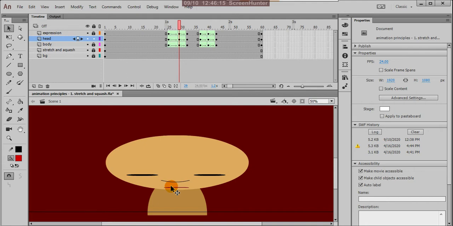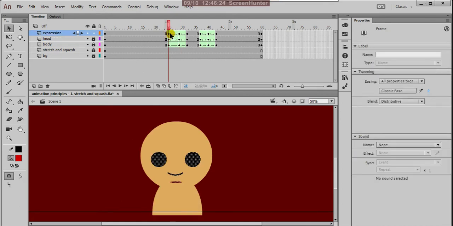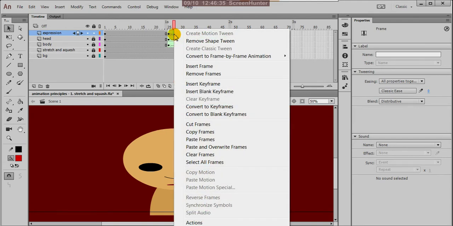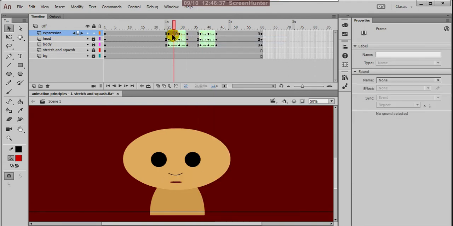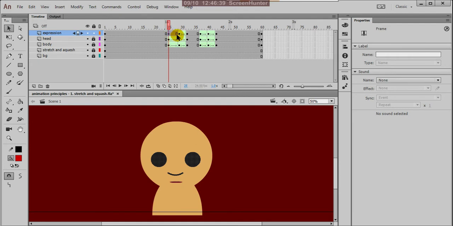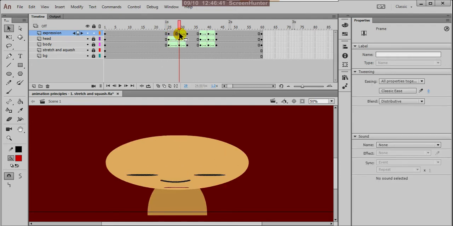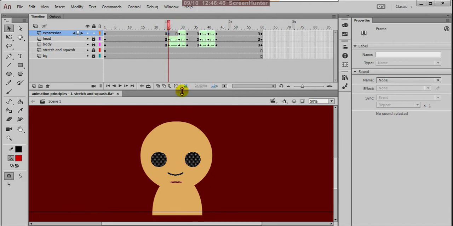Okay, so we are squashing the head the same way, because the head is squashing, so your eyes and mouth can also behave the same. Okay, so again, if you remove this, you will understand. This is one and this is the other. So you have to exaggerate these eyes.